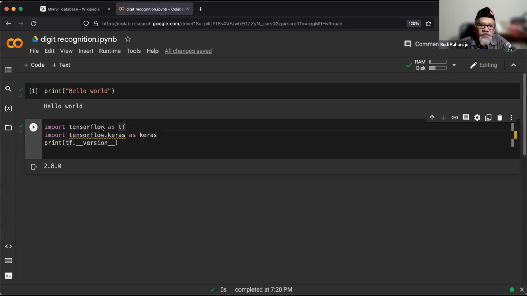Jadi kalau kita buat import library as something, this is just a shortcut. Yang bawah juga sama, import TensorFlow.keras as Keras. So later on when we want to call Keras, we can just call it Keras. Dan ini versinya adalah versi 2.8.0. Di tutorial saya yang dulu, mungkin 6 bulan lalu, it was 2.6.0.